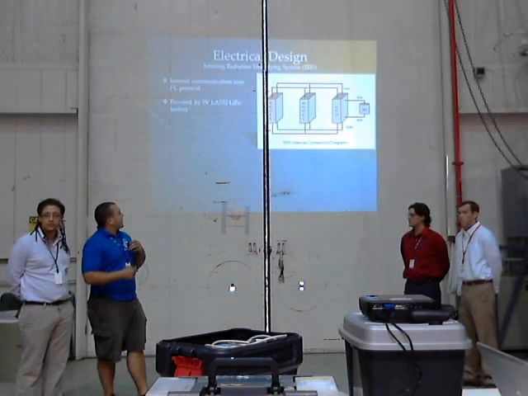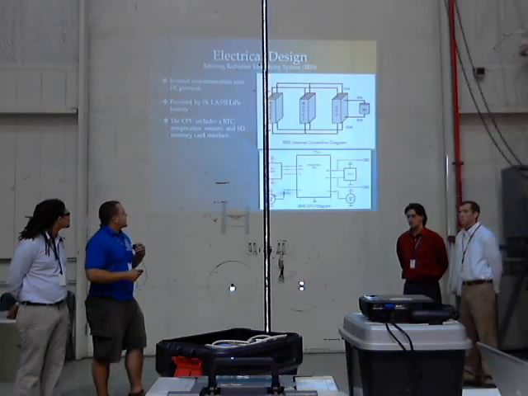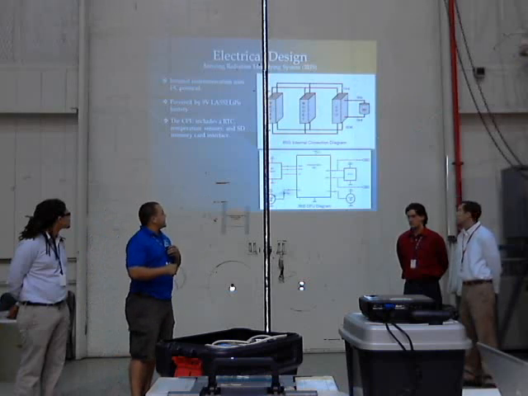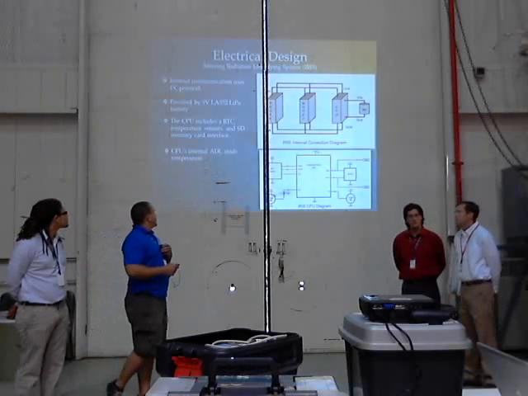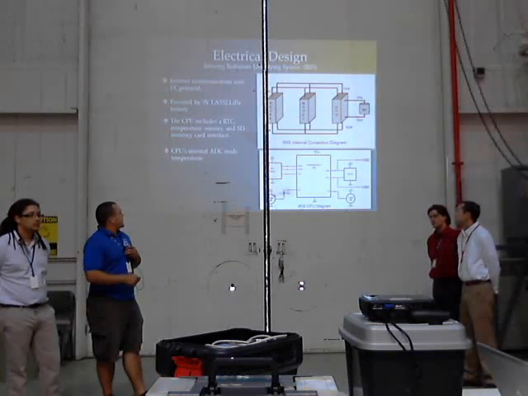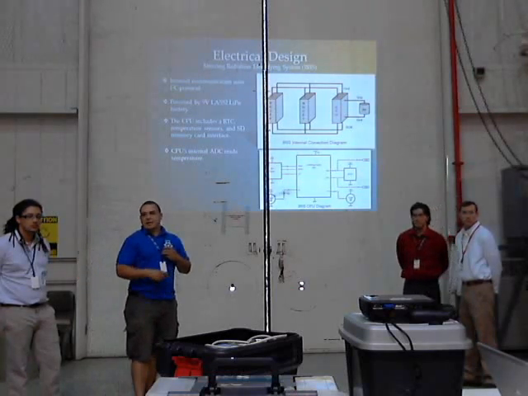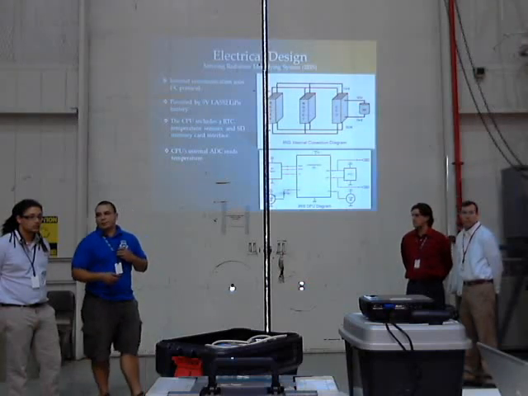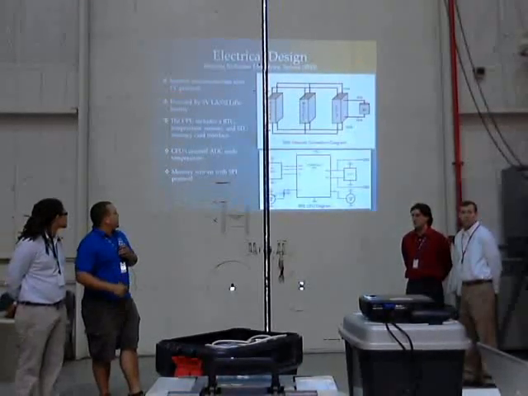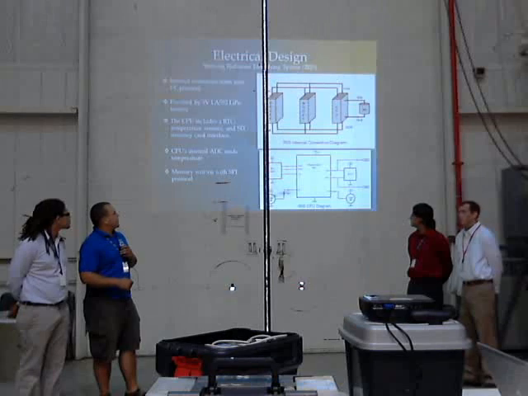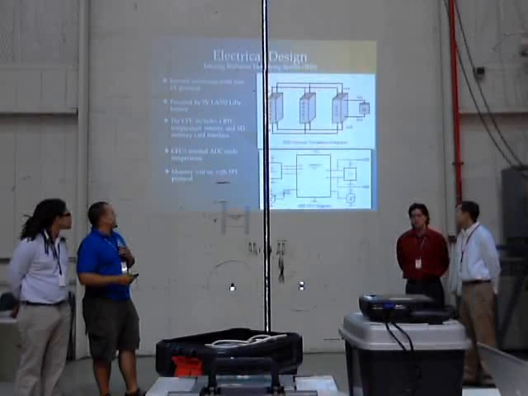It's all powered by a LA552 Energizer advanced lithium battery. The CPU for the IRIS consists of an Arduino Uno R3 outfitted with a data logger shield. The data logger shield itself is very useful because it comes with an RTC and an SD card interface built in. So it saves a lot of the hassle of dealing with EEPROMs, because now you get to just put it on an SD card. It communicates with the RTC and the sensors over the I2C, but the memory to the SD card is covered by SPI protocol.